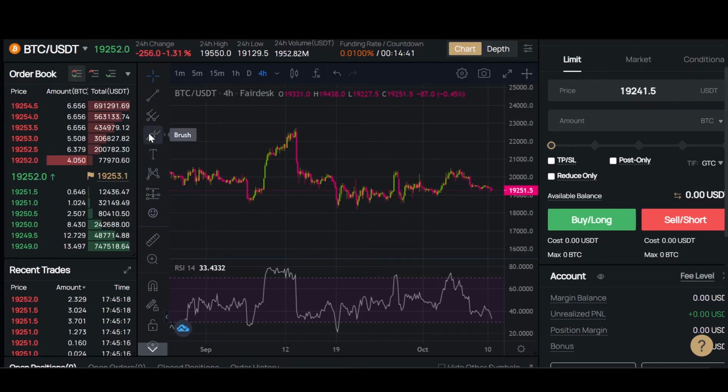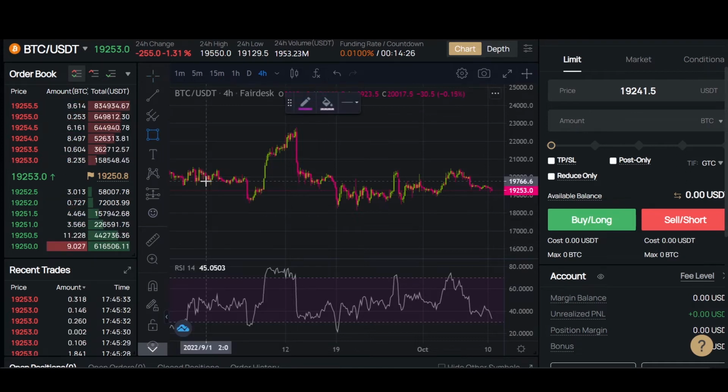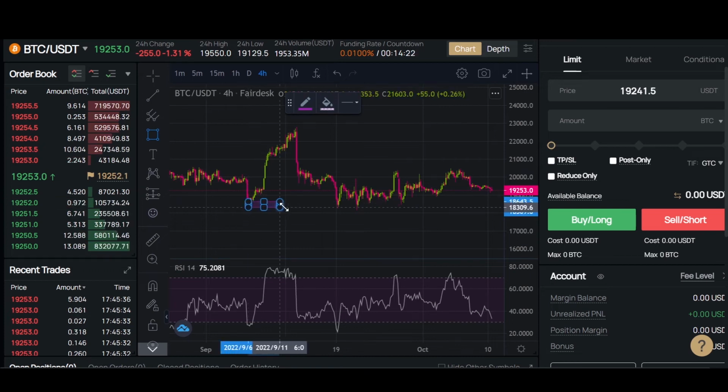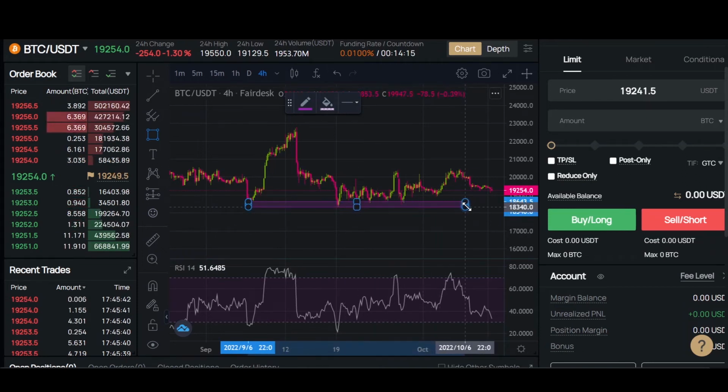Remember that you don't need too many indicators or lines or drawings to be a profitable trader. Okay, so we click here on geometric shapes next to the brush. And then we click on rectangle. And here we click on the screen and extend the rectangle to the right or to the left, in this case to the right, to draw the support. And we adjust it